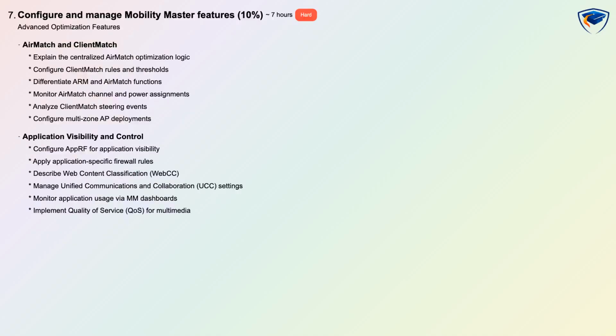Configure and manage Mobility Master Features is weighted 10%, rated hard, and has an estimated learning time of 7 hours with conceptual and scenario-based questions. You will configure AirMatch and ClientMatch for centralized RF optimization, distinguish AirMatch from ARM, set ClientMatch thresholds, and monitor channel and power assignments across zones. The domain also covers application visibility and control with AppRF, application-specific firewalling, web content classification, UCC settings, dashboard monitoring, and